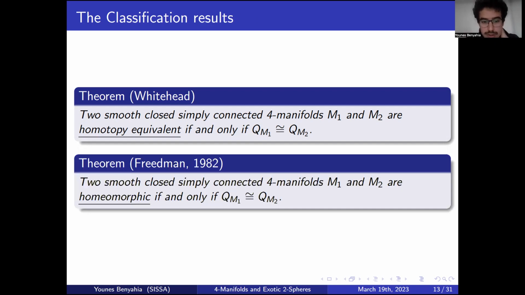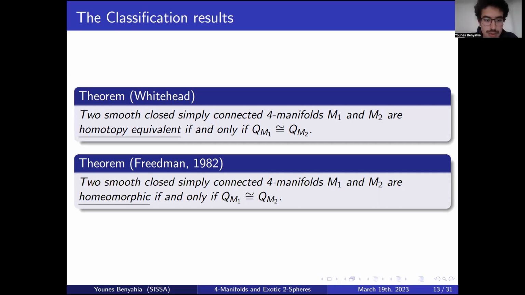Then there's the theorem of Freedman in 1982, for which he got the Fields medal, that two smooth closed simply connected four manifolds, M1 and M2, are homeomorphic if and only if they have the same intersection form. So it's the same as Whitehead, but with a large jump from homotopy equivalence to homeomorphism in the conclusion. And this pretty much gives us a topological classification of four manifolds by their intersection form. So the intersection form is the invariant you want to look at if you want to know what manifold you have